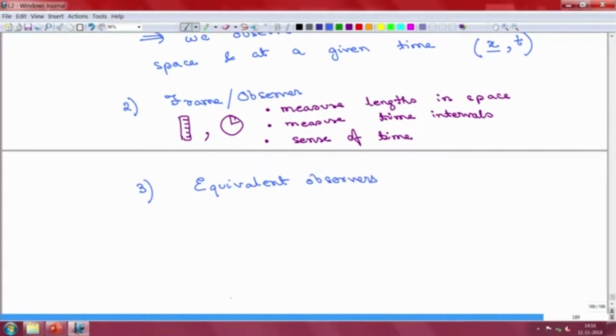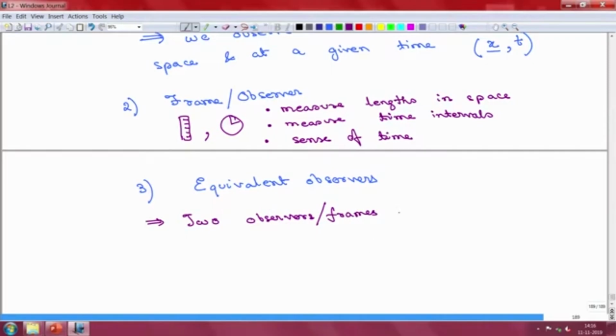We say that two observers or frames are equivalent